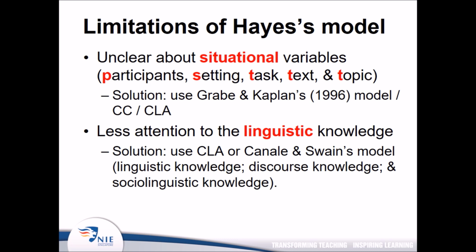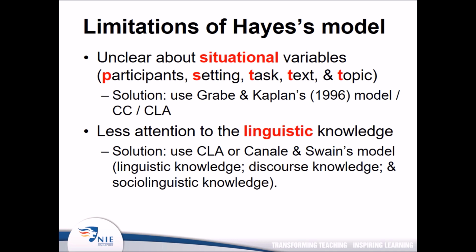What I would like to add here is that Hayes' model actually has some discussion and some ideas about these situational variables, but I think what Weigle is trying to say is that it would need further elaboration. Now, a solution that is proposed here is using Bachman and Palmer's model, which is based on communicative competence or communicative language ability, which I will go through in a second.